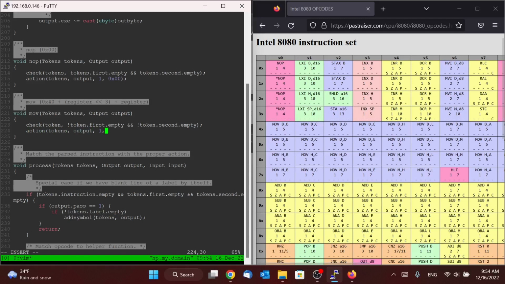So we can put 1 here for our third argument. And then we're going to need this formula here to actually output the correct byte. So we can just write it in right where we are. So hex 40 plus,